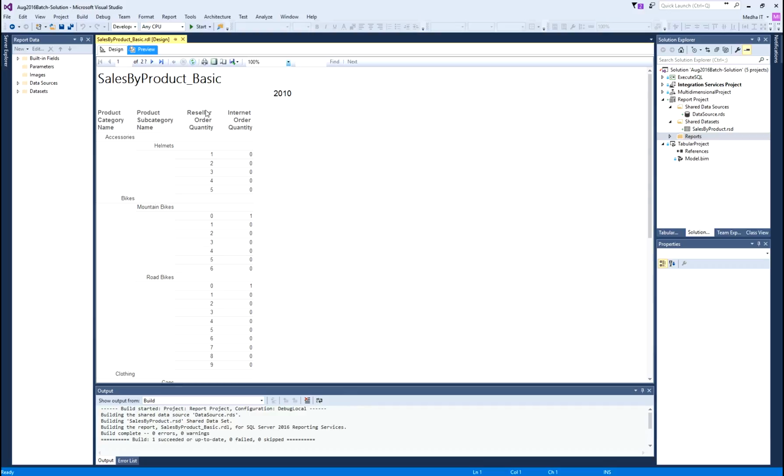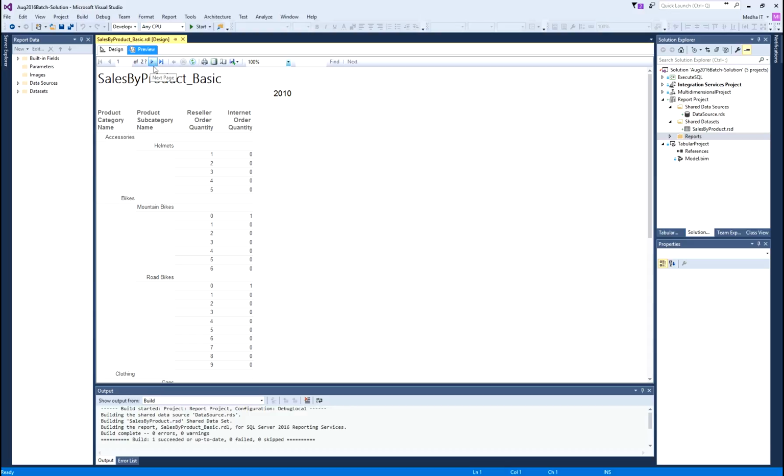So this is our sales by product report. And if you look at this year here, 2010, this is the grouping or paging. So we selected calendar year as a page for a paging option. That means each page will be shown for a given one year, starting from first to last year, all the available years.